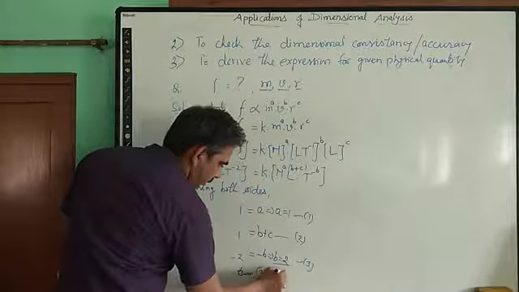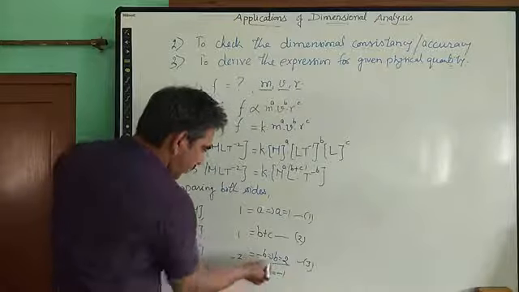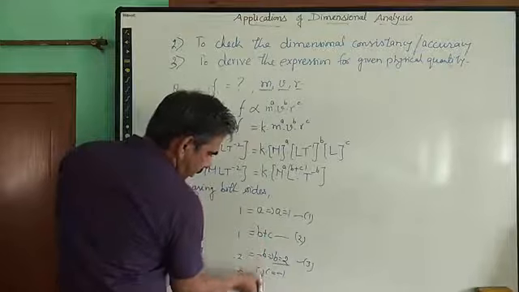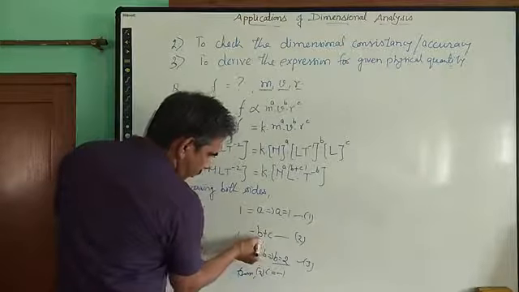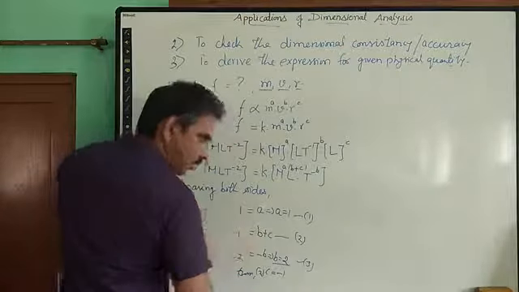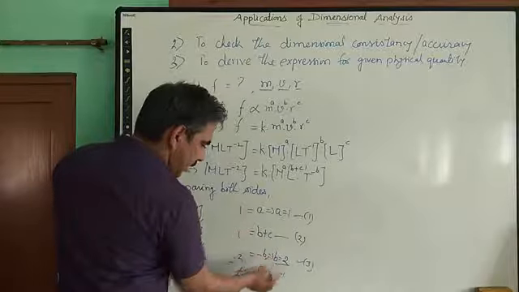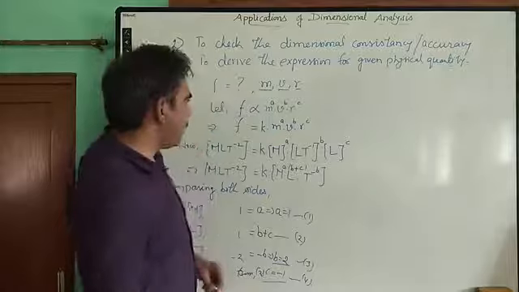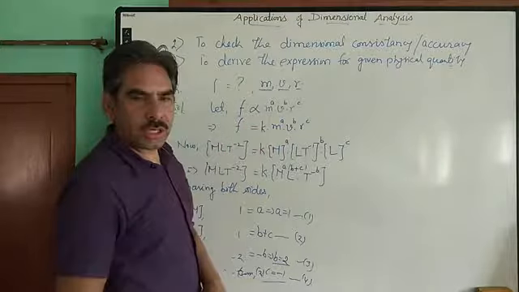Minus 1. Whenever we substitute the value of b to be 2 in this equation, the c comes out to be minus 1, because 2 goes to the other side, it becomes negative, and 1 minus 2 simply means minus 1. So here we get the values of all the dimensions of these physical quantities involved here.